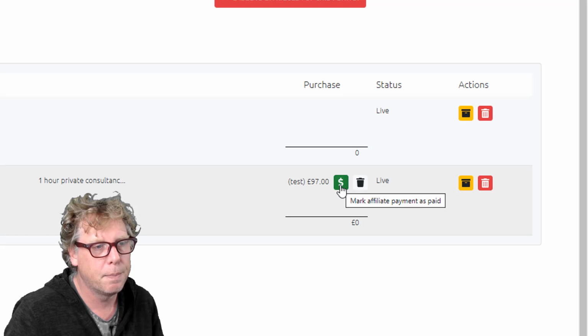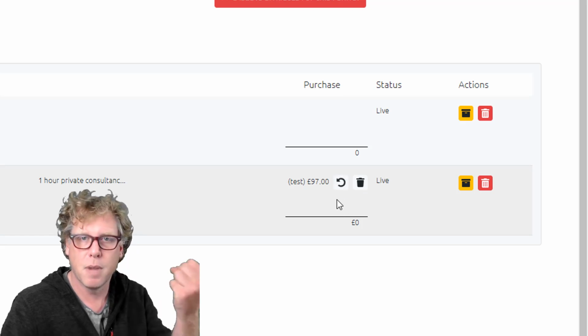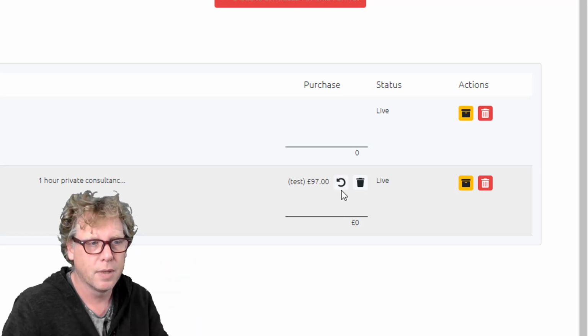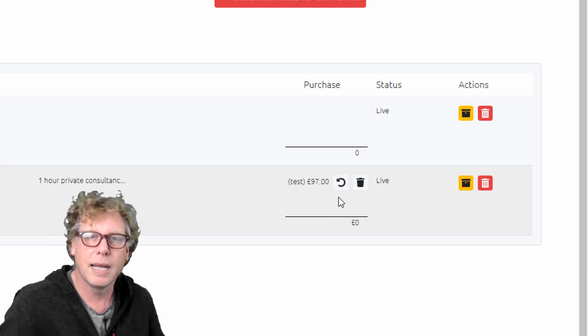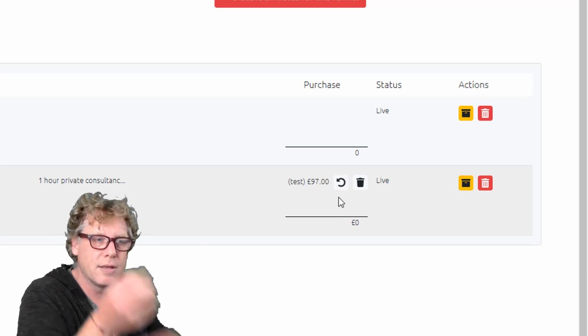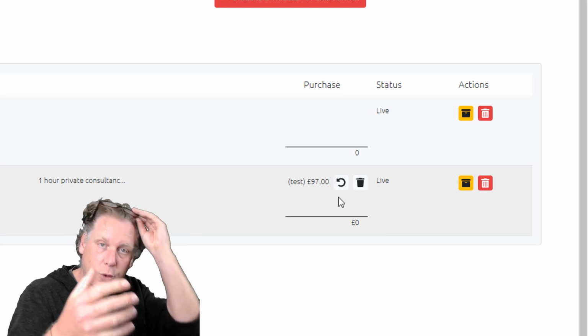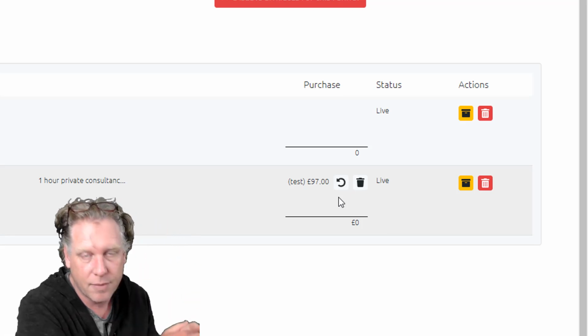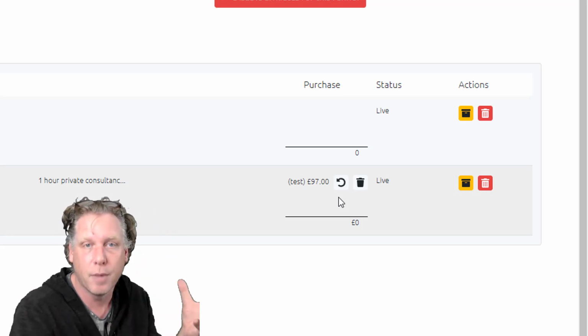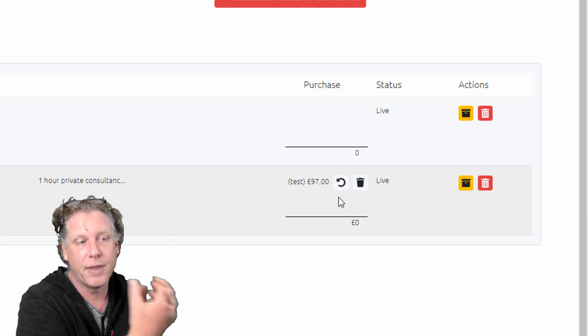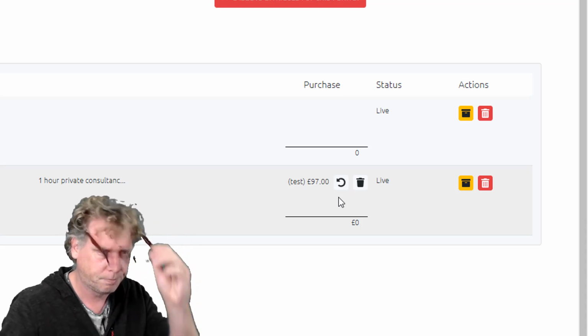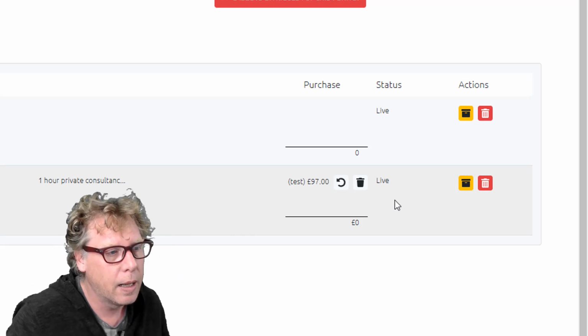By clicking on here, it's been marked as you've paid. It goes to this because you can undo it and say, oops, I didn't pay them, but here I've paid them. Again, no amount is recorded. That's entirely between you and what you agree with your people, whether it's half of £97 in this case, whether it's £10 or whatever it might be that you've chosen to reward them with. So it's not about the amount, it's about the act that you've paid. Okay,